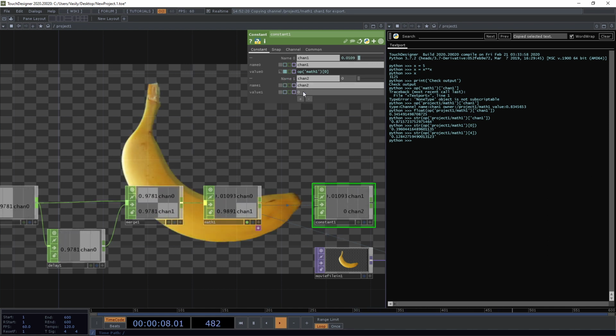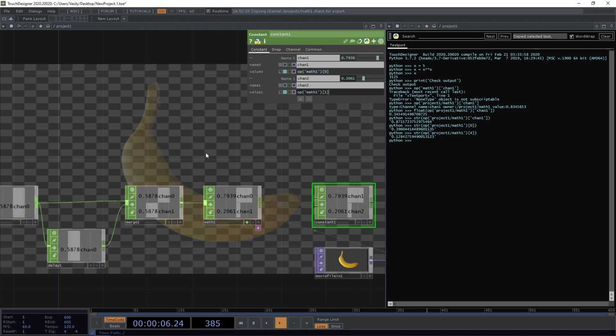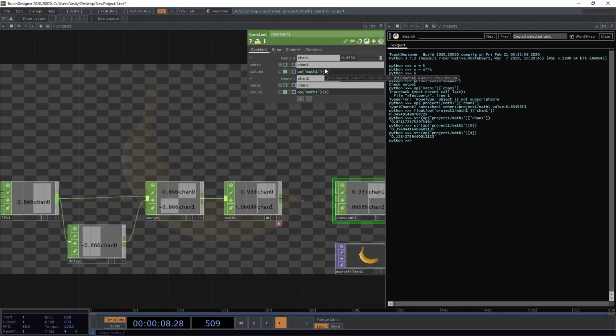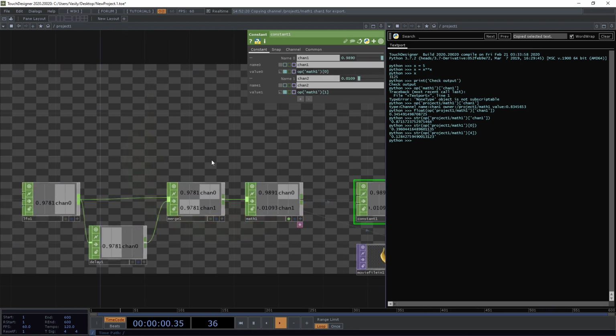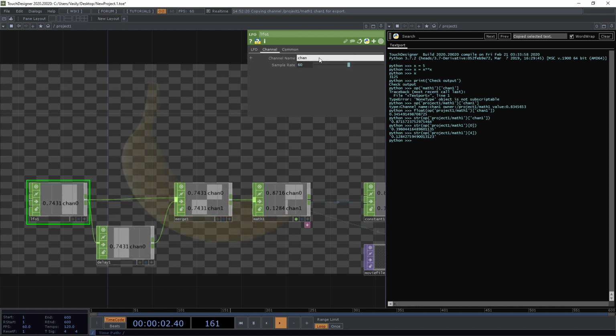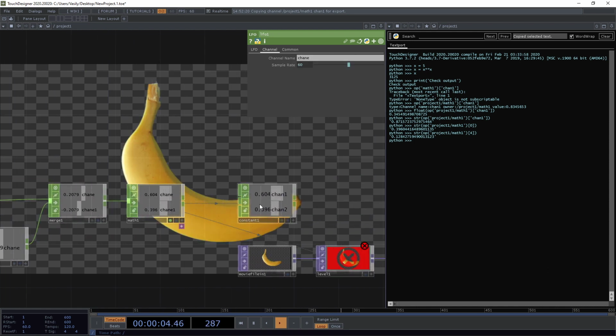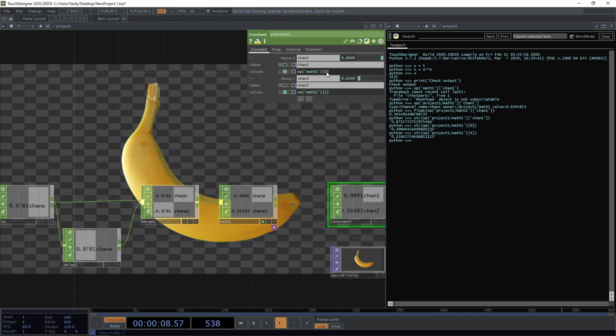The same I can do with the second one, op('math1')[1], gives me the second one. If I use these indexes 0, 1, it does not matter if I change the name of the channels, it still works. But if I use the channel name here,